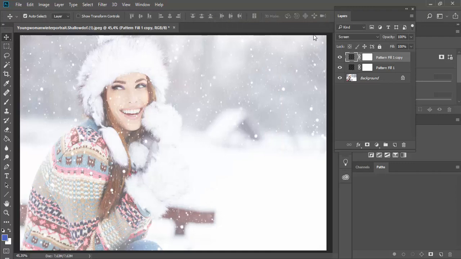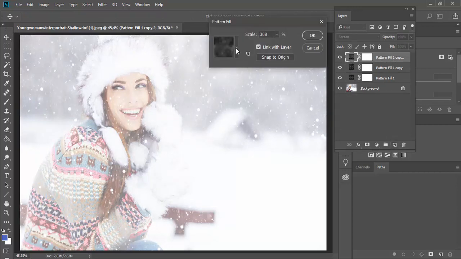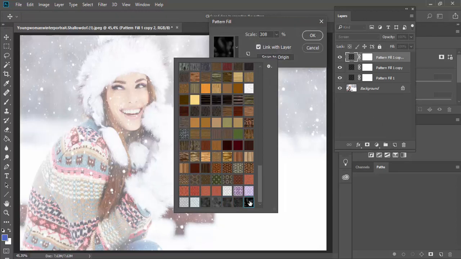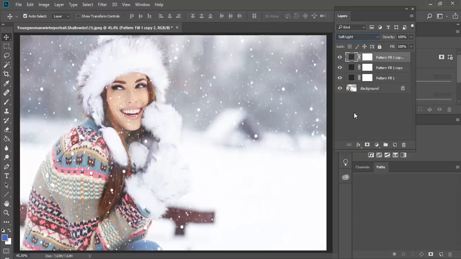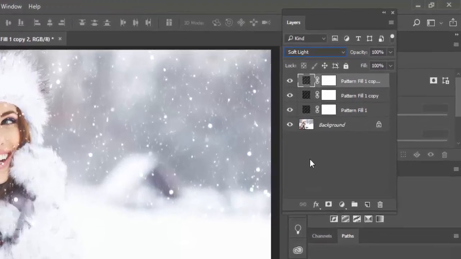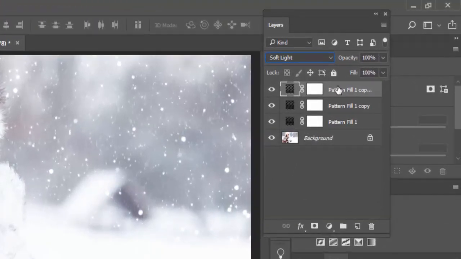You can continue mixing and adding pattern fill layers. As you are adding more and more pattern fill layers, your image will become lighter and lighter. At that point, I recommend that you change the blend mode to Soft Light and then play with the opacity slider for that pattern fill with Soft Light blend mode. You can lower opacity for that layer using a Scrubby slider, for example. Click outside the text box with the opacity percentage and drag to the left.